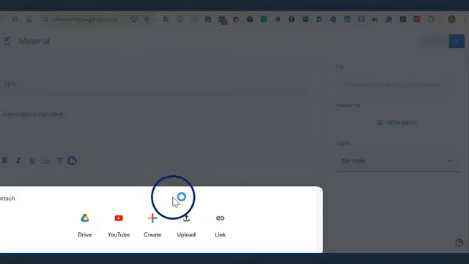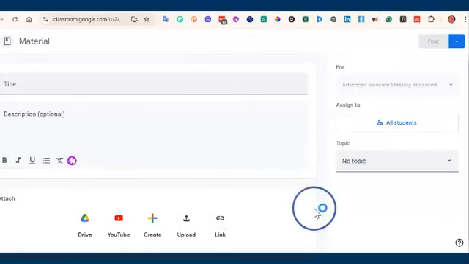You can click create. This create button will give you the option to include Google Docs, slides, forms, etc. So anything from the Google Suite. Or you can use upload to upload directly from your desktop. Or if you found a link on a website, you can embed the link as well. You will find this structure on any of the elements that we use when we're creating materials and lessons and